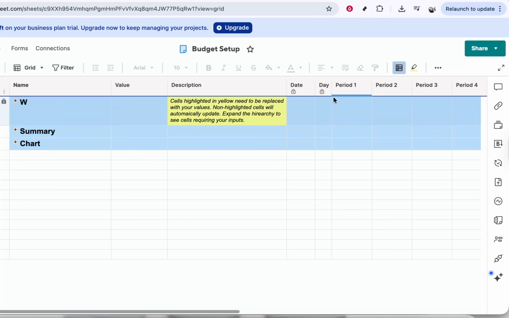Open your sheet, click the resource management icon, and then select Track Workload. From here, you can start using the workload view to make better decisions about assignments, deadlines, and